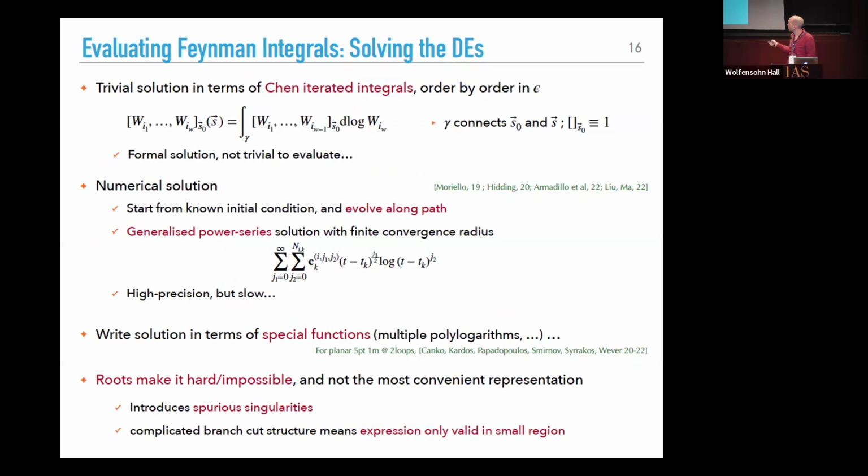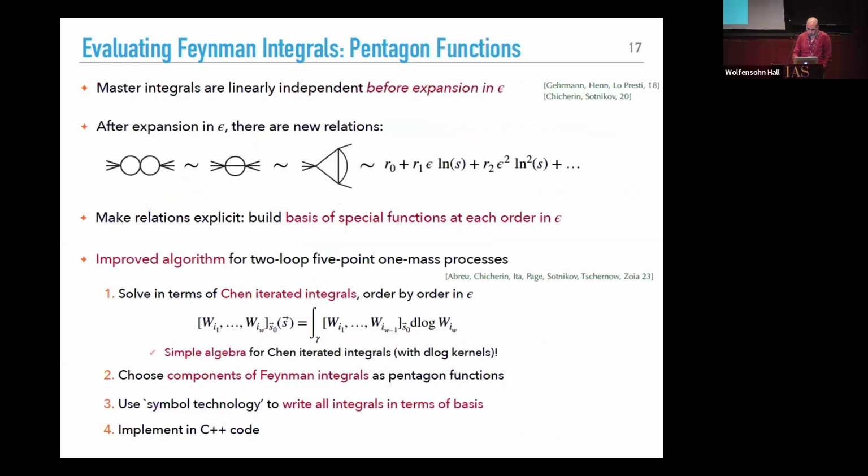So instead of that, what we do is we use this idea of pentagon functions. The pentagon functions are essentially recycling the idea that you should work with a basis of functions. Whereas master integrals are linearly independent before expansion in epsilon, when you start expanding in epsilon, you get extra relations. And the idea of pentagon functions is to make these relations explicit order by order in epsilon. This has been done already for some time for 5-point kinematics, and we propose an improved algorithm for the